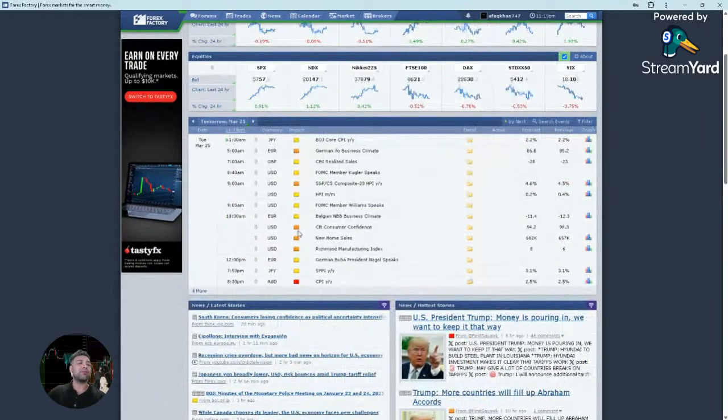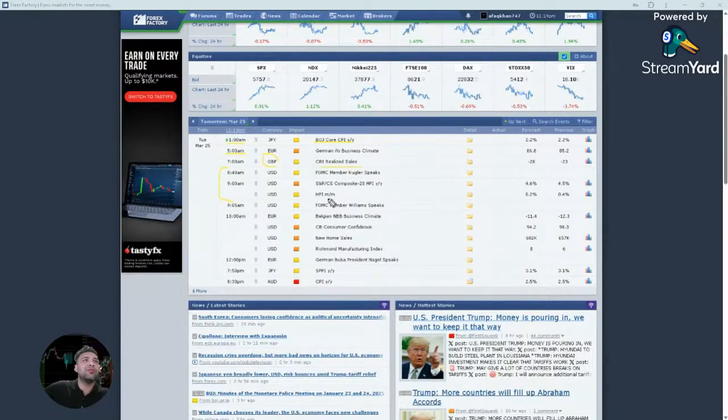And if we see the actual data that are coming out that might be impacting our trades, we can see that the CPI yearly for the yen is coming out really soon, around 1 a.m. Eastern Standard Time. And then we have the euro business climate at 5 a.m. We have CBI realized sales for the pound right here at 8:40. We do have an FOMC member speaks, and then we do have